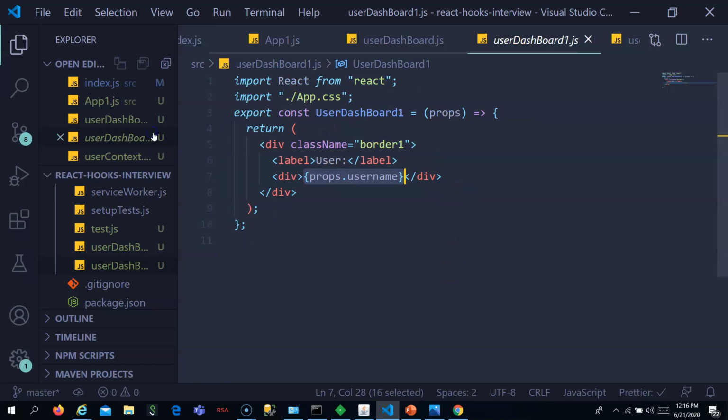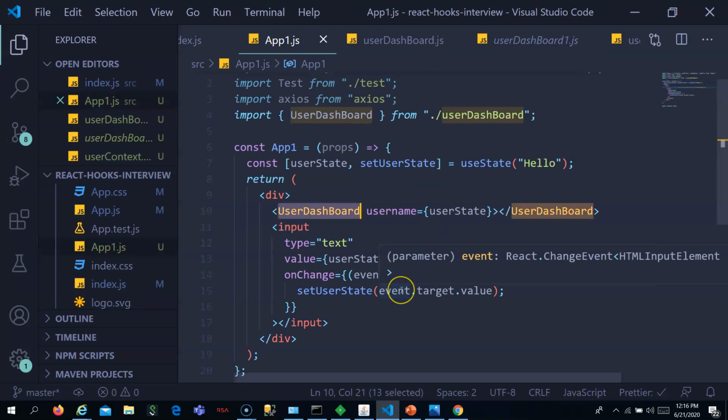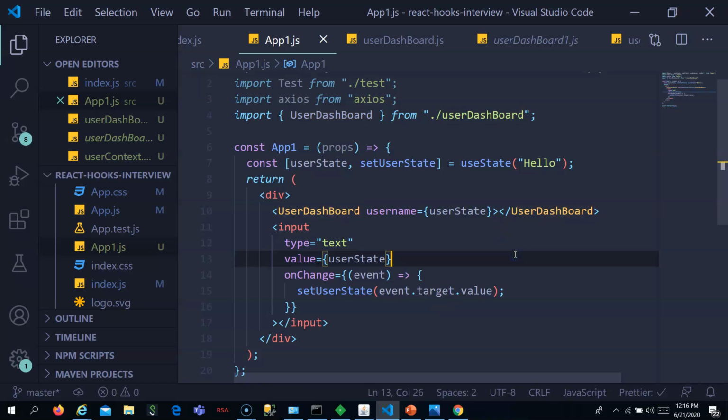Okay, hope you understand. So using context, we are just trying to avoid this prop drilling, which is happening from app1 to user dashboard, and from user dashboard again to user dashboard 1. Now let's see how we can avoid it using context.